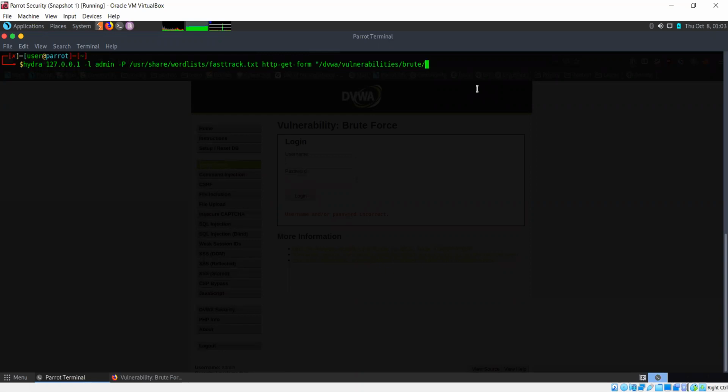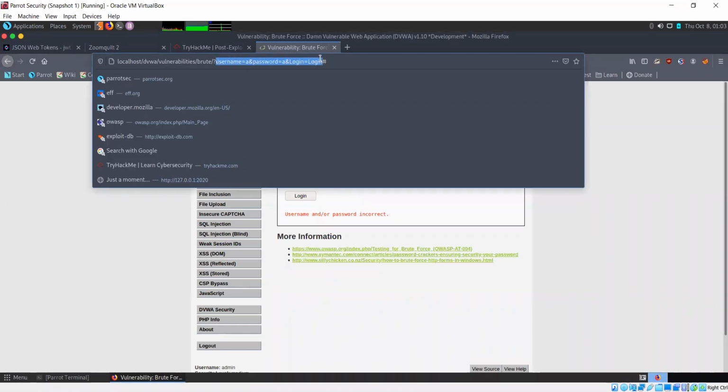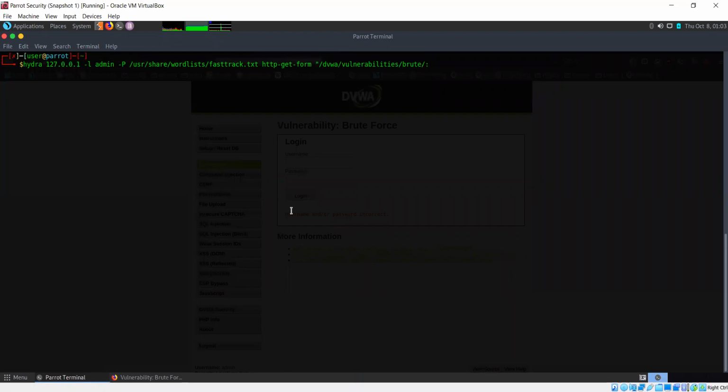And after root, I need to enter a colon, and then since this is a GET request, you can simply copy this from here. Username is equal to this one. Now in place of this username is equal to a, I'll simply use username is equal to, this is a format for using whatever username you have specified.